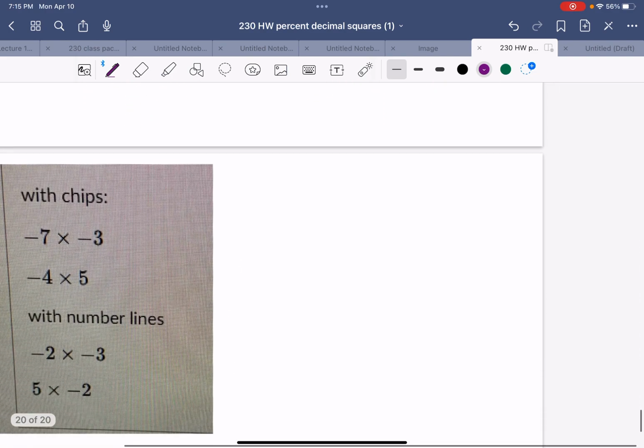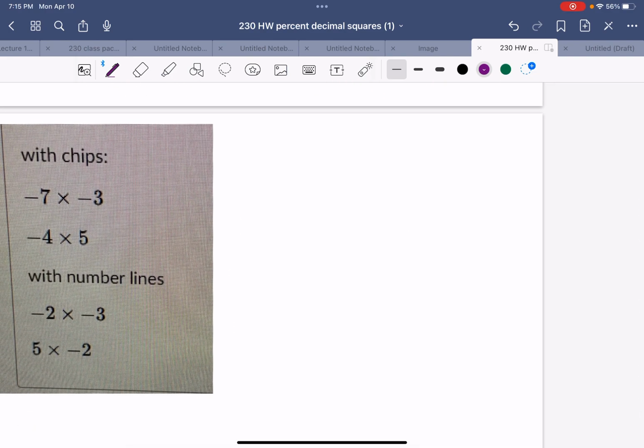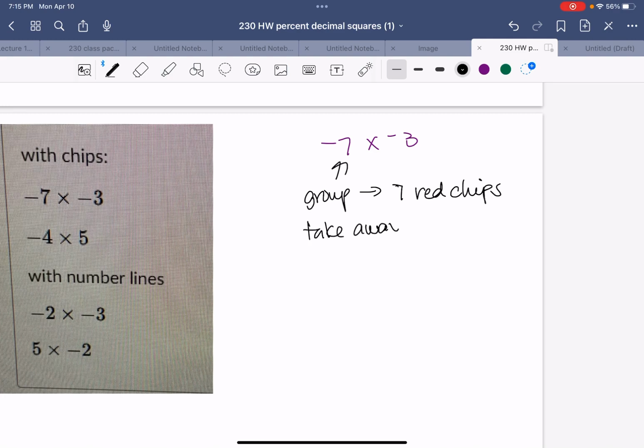Then let's take a look at some of these problems, and we can see kind of the negative rules here, or the rules about the negatives. So if we're using chips and we're doing -7 times -3, okay, this is my group. So my group is 7 red chips, because my reds are negative. And the -3 means we're going to take away, because it's negative, 3 groups. So we are going to take away 3 groups